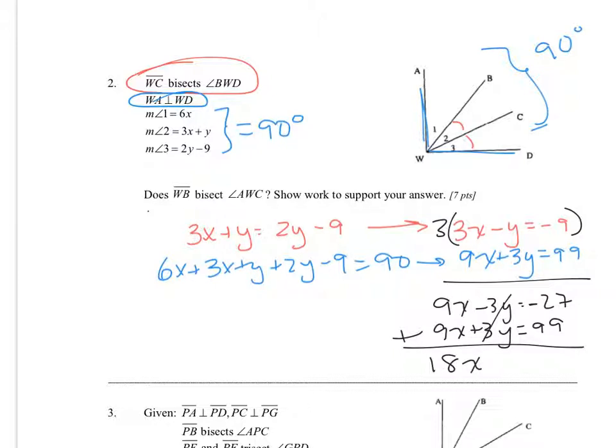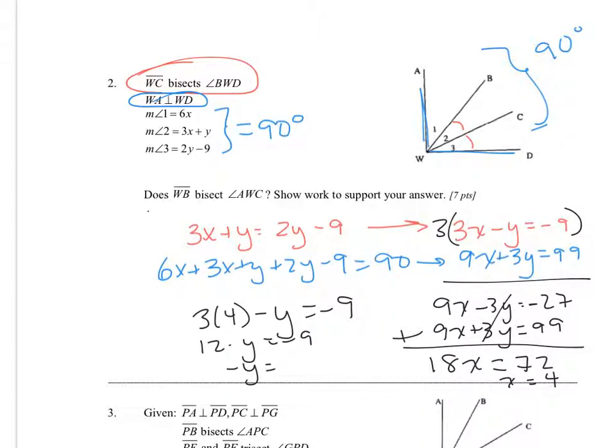18x equals 72, so x equals 4. Once I have x, I could substitute it back into one of my original equations to find y. So 3 times 4 minus y equals negative 9. 12 minus y equals negative 9. So negative y equals negative 21. Therefore, y is 21. Okay, so I have x is 4, I have y is 21, but the question is,